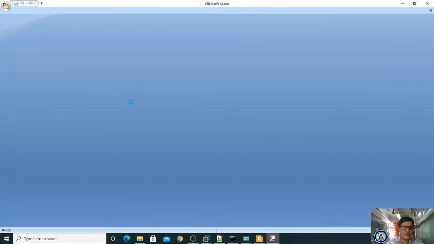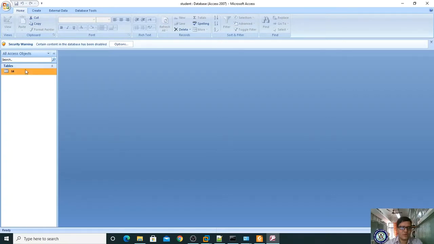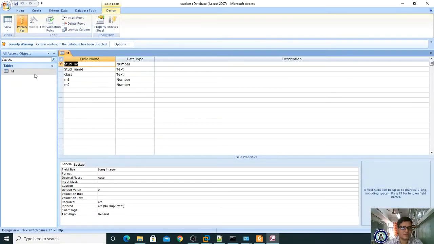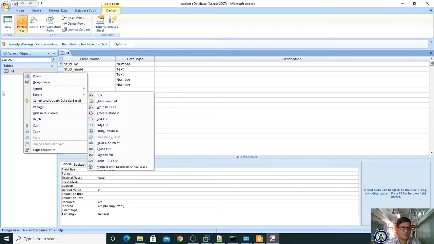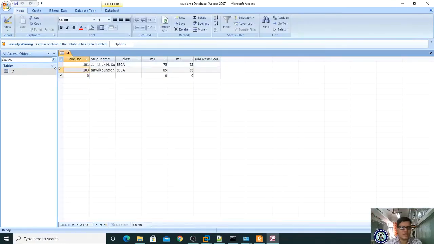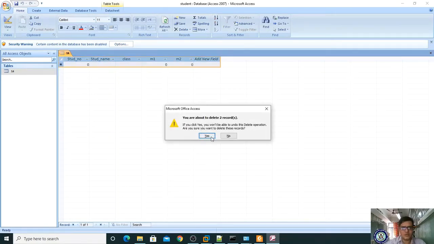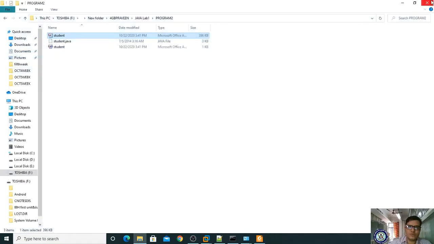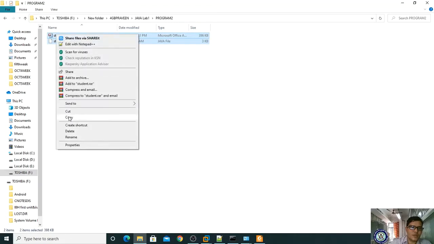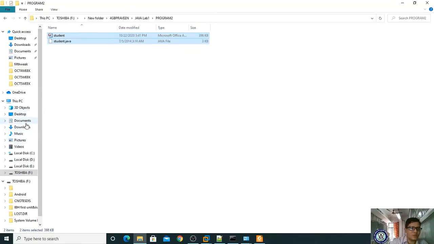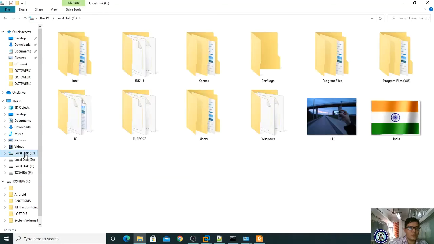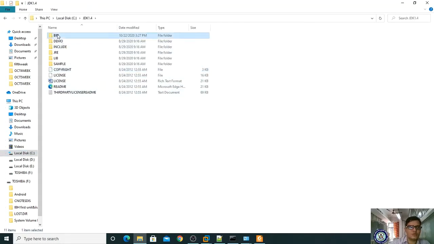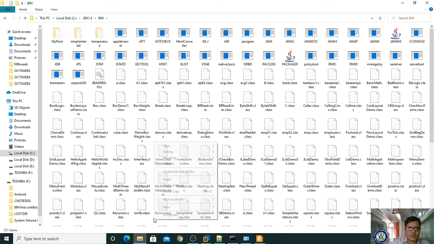I am opening my database file. By default, if you create the database file, this is the design view. You have to create it as it is, because if you made any mistake, then it consists of records. I am deleting this because you are not supposed to provide any information. By default, whatever database you have created will be created in your My Documents. From My Documents you can copy and paste it in your respective directories. So now I am pasting here.